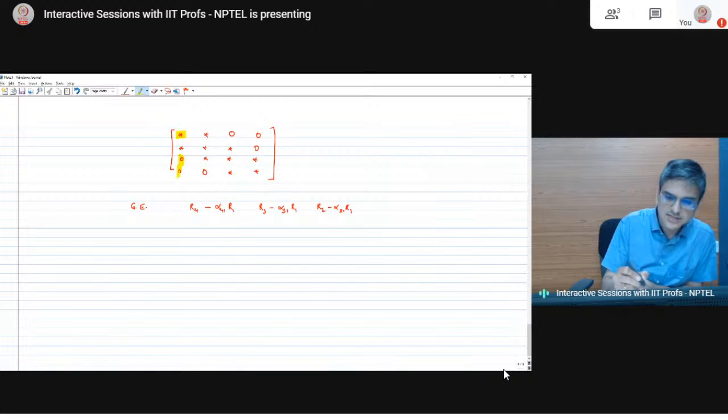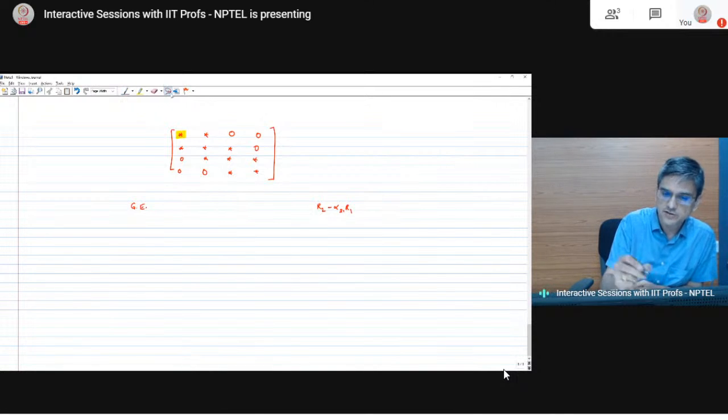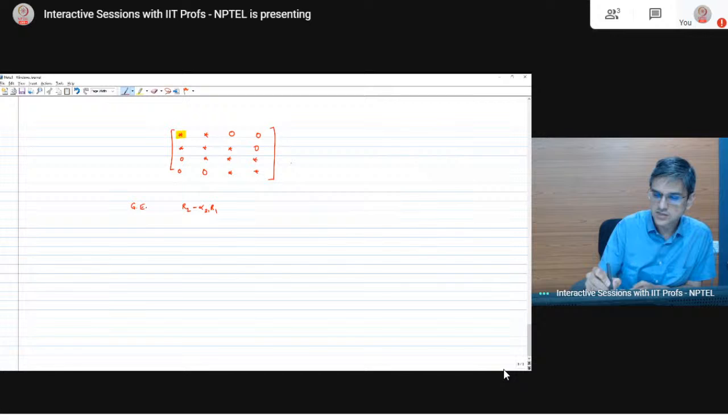we know that these guys are 0 already. So we know a priori that this value is going to be 0, this value is going to be 0. If we know a priori that they are going to be 0, why even do these calculations? If we are not doing these calculations, this is the only calculation we are doing. If this is the only calculation we are doing, we have saved the amount of effort in doing this calculation. Once this happens, you get